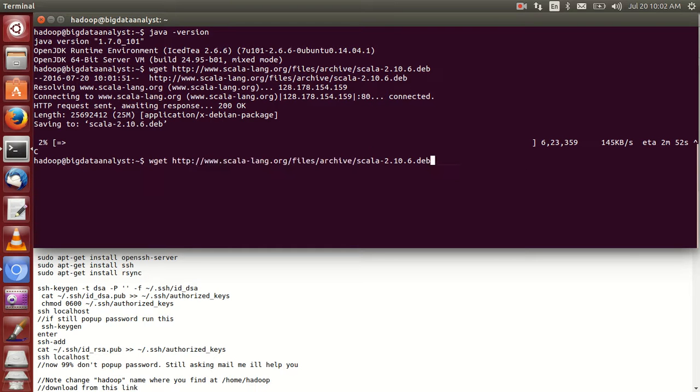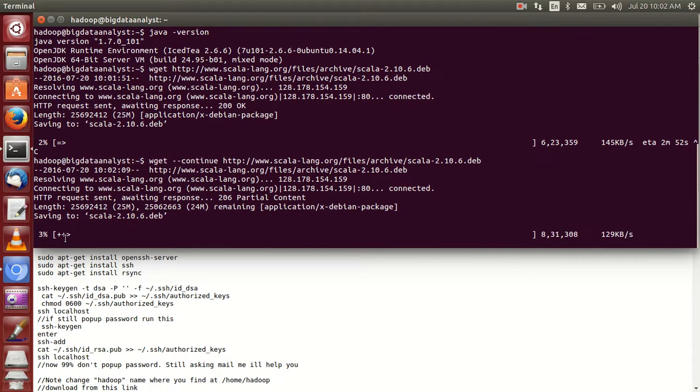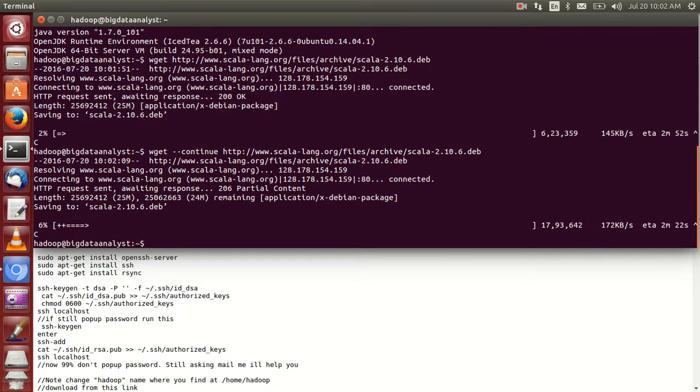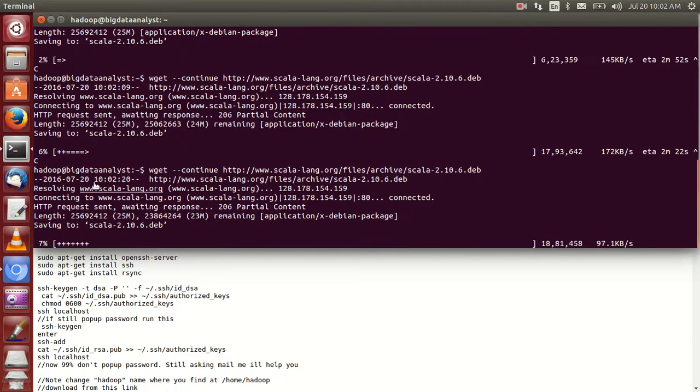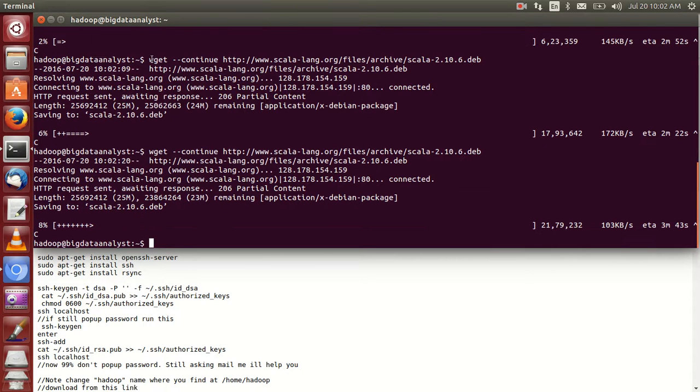The main reason is in case the power goes out or there is some other problem, then you can continue as well. If you run this one, it starts from where it stopped. For example, if 5% is completed and you mention continue, it starts from the 6th point onwards. That's why it's a huge plus. I highly recommend downloading in this manner.